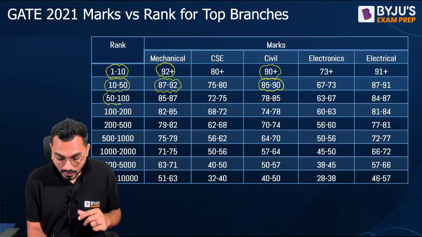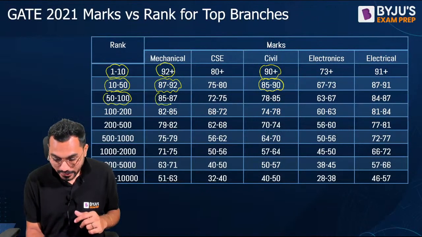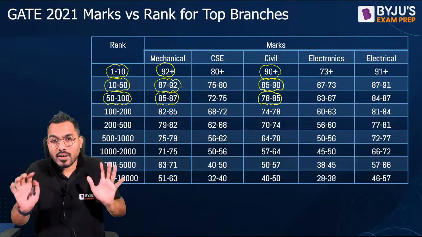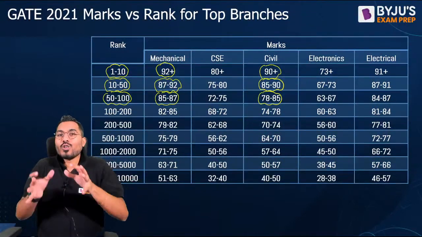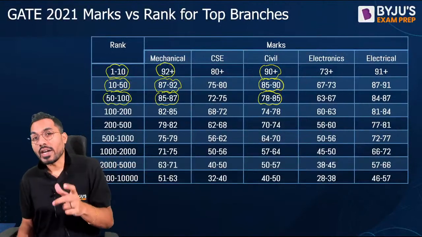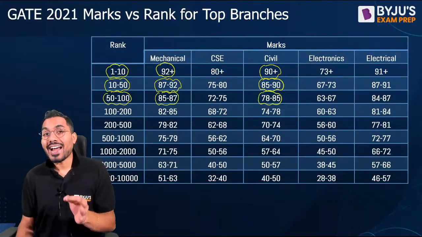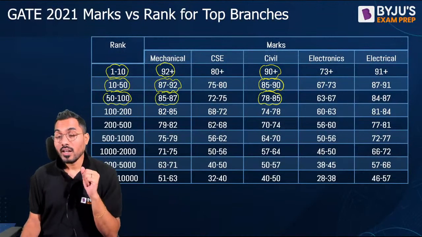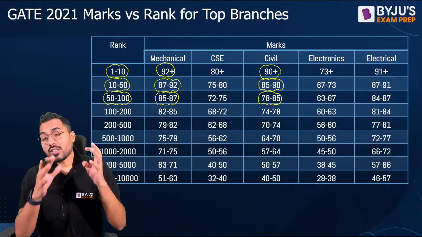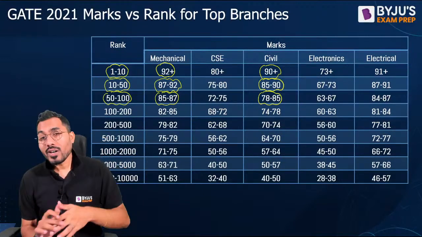If you want to score below 100, what is that range? 85 to 87 or 78 to 85. So somewhere around 80 marks. So can I say that if I want a rank below 100, your score should be above 80? Ensure that it is above 80. So if I want to score above 80, it means you are understanding, because if I study a certain topic, what is the guarantee that